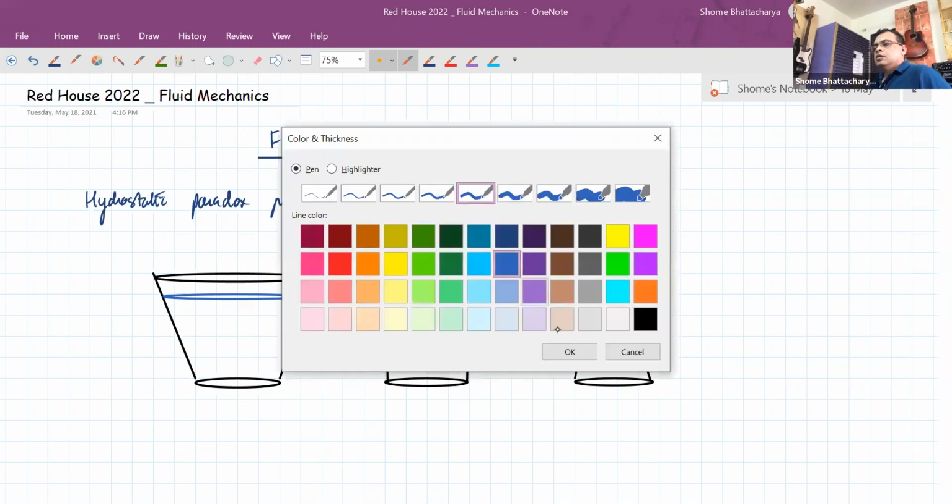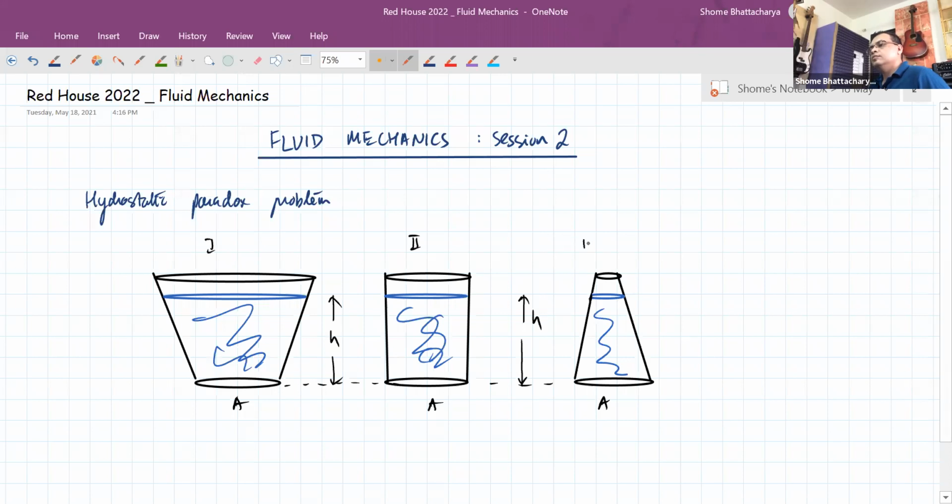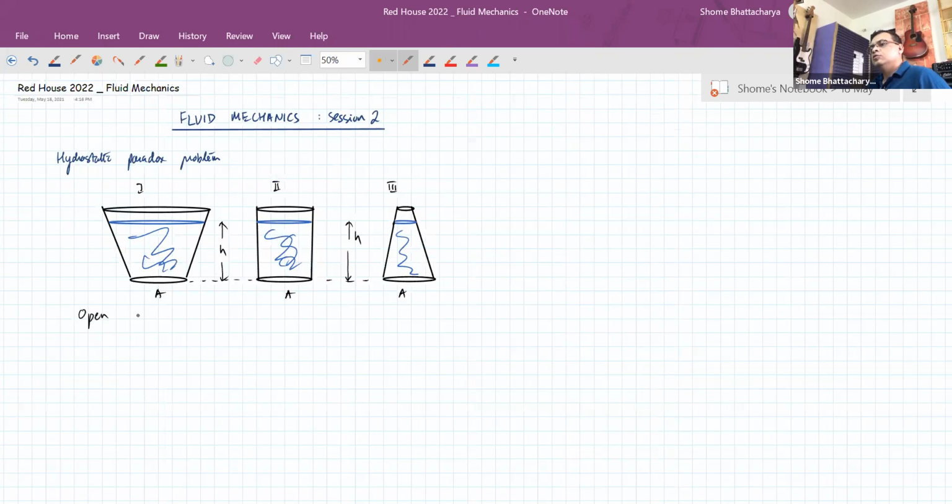So that's the problem, that the containers have a common base area, let's say A, and all three of them have liquid filled up to the same level of, let's say, H, and that too the same fluid. So let's say these are containers 1, 2, and 3. So open containers 1, 2, and 3 are of identical base area,